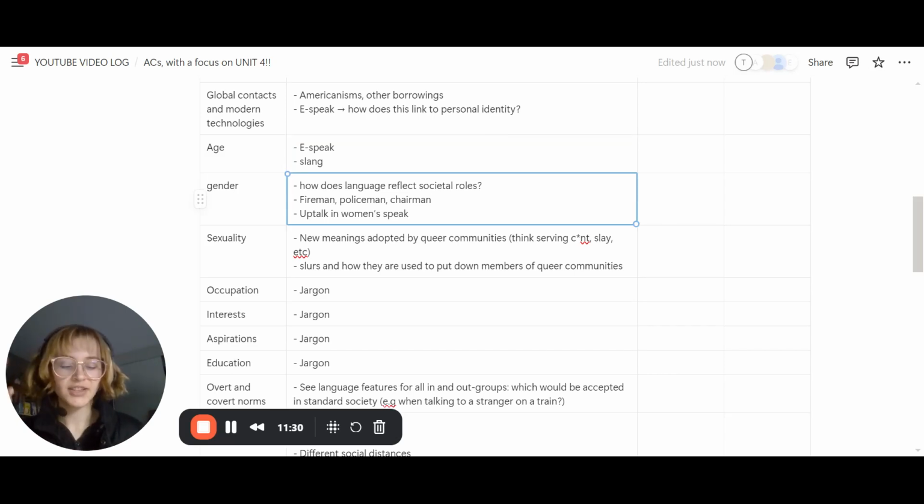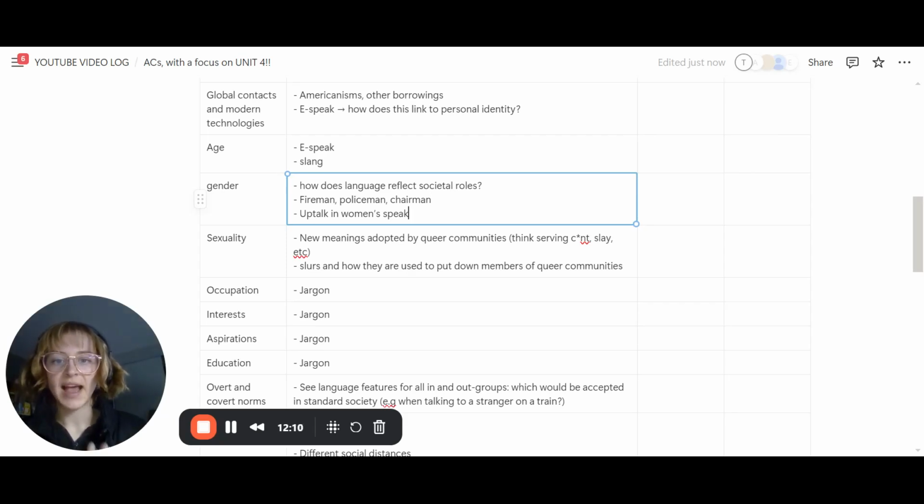Gender. So this one's really interesting as well. So if you see something like fireman, policeman, chairman, or instead police officer, chair, what do they call firefighters? Right? Those are all more equality-based terms, right? We've taken things that are, first of all, associated with power and prestige, that were also associated with men only, and now they are more gender diverse. So that's about changing